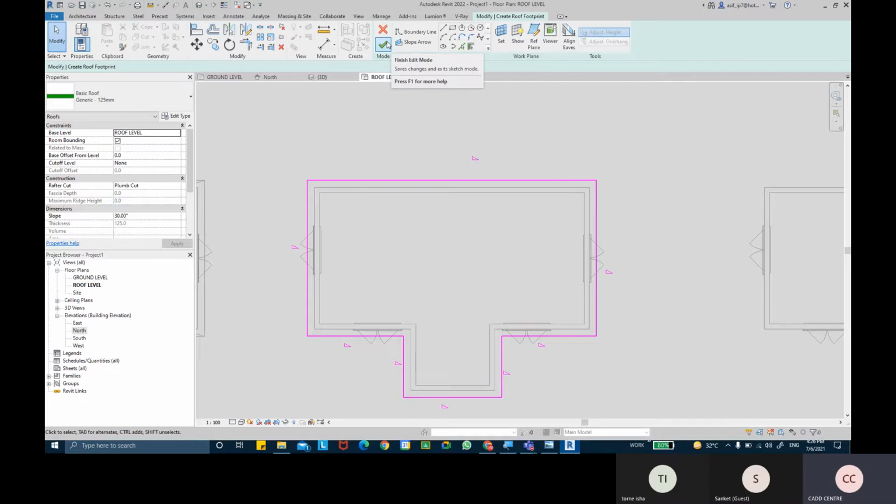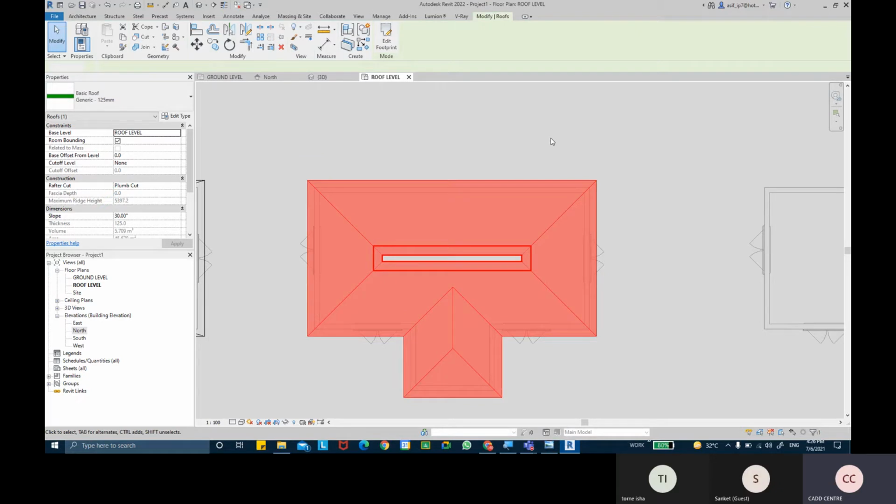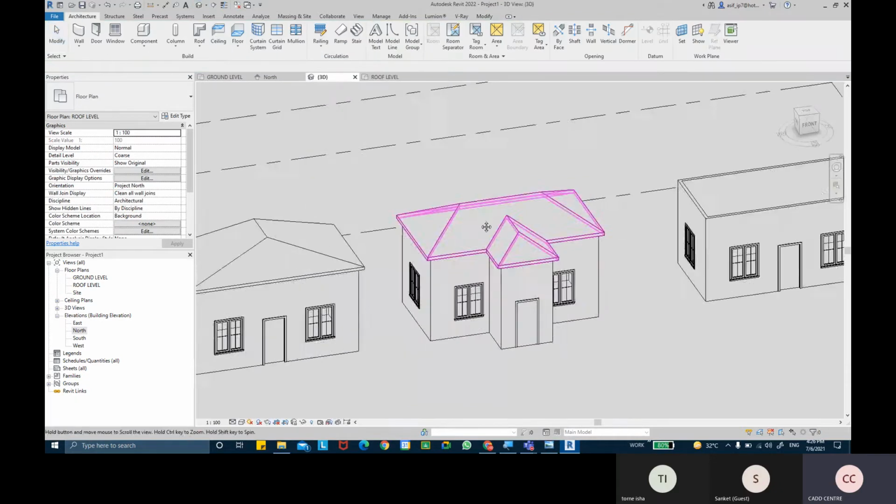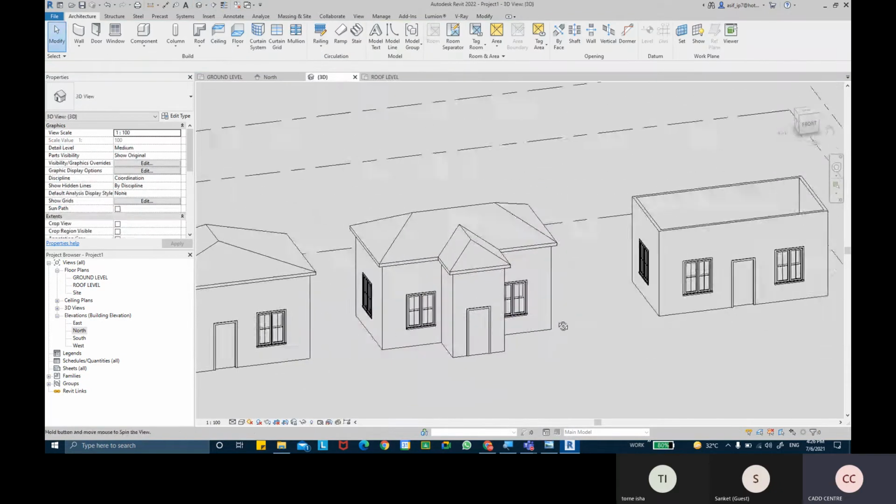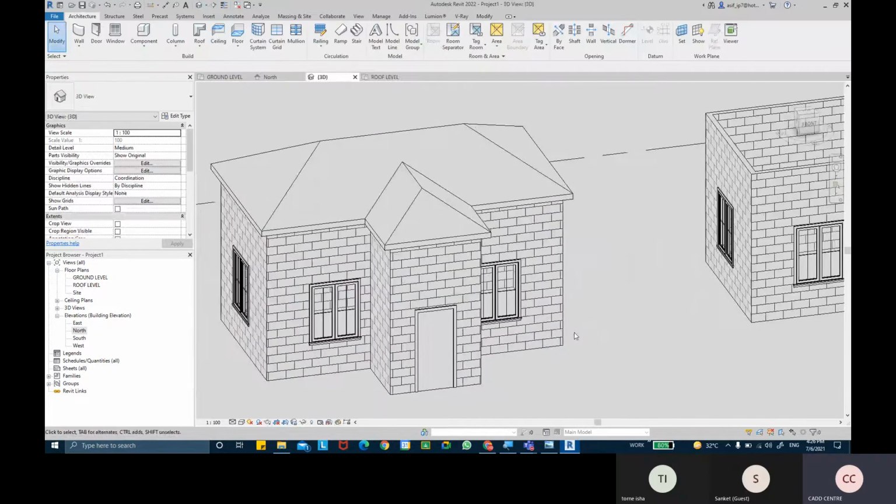Then we can click finish edit mode to complete. You can see all sides have that slope mark, so that means every side will have sloping directions. Now if I come into the 3D view, you'll be able to see that you have a roof which has sloping on all sides.